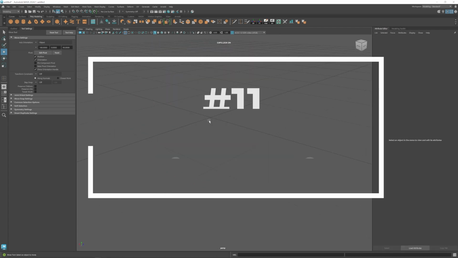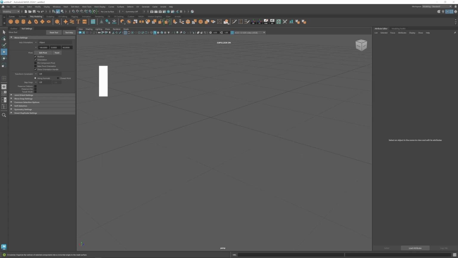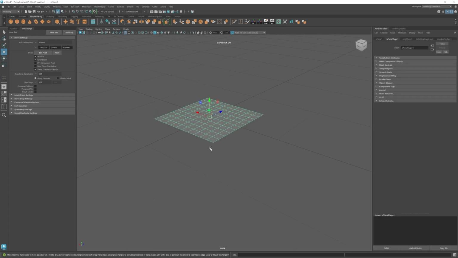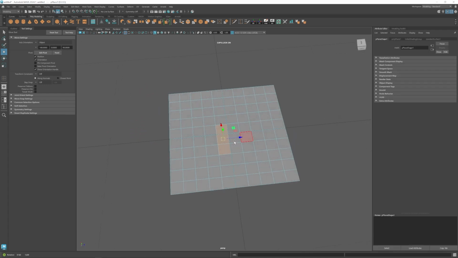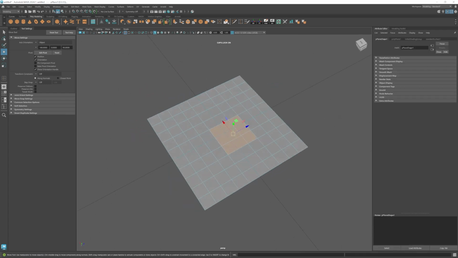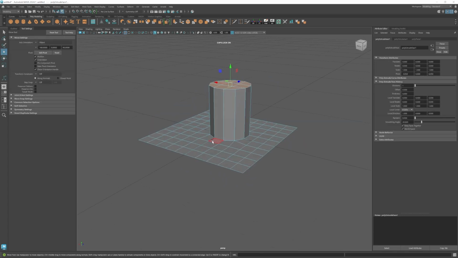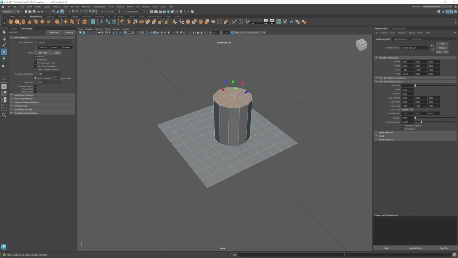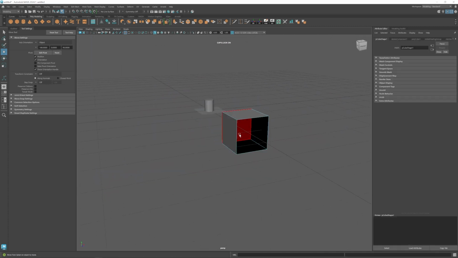Coming in at number 11 is this Circularize tool, and this is just to the left of the multi-cut tool. And this is pretty straightforward. You can basically, let's say we added this plane, I can select any amount of faces. So let's grab like this cube, I can hit that tool and it will circularize it. This is extremely handy for making circles on faces, or if you have a cube and let's say I wanted